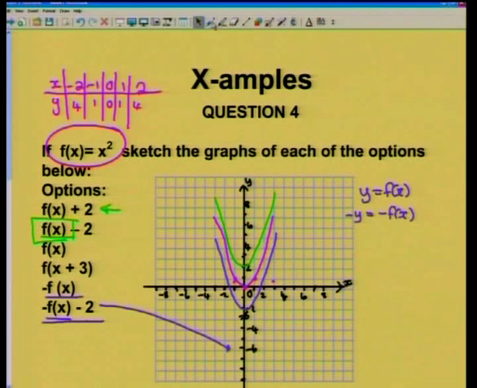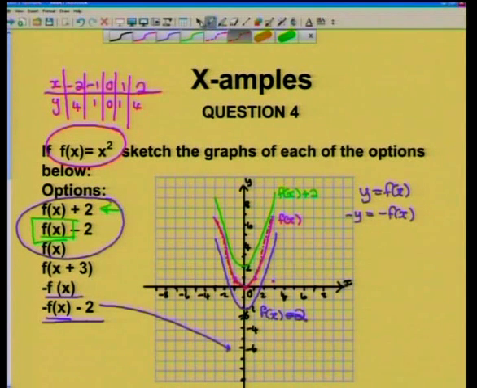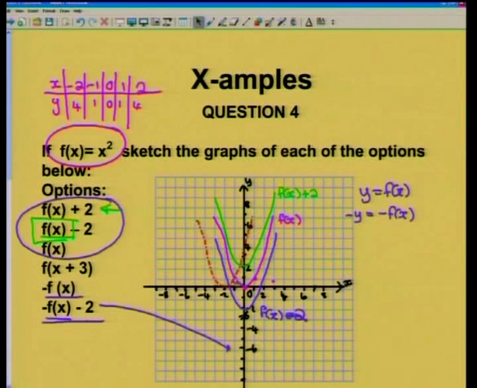So you can see there clearly, we can write on here the various equations. We can say this one was the f of x. The green one was f of x plus 2. And this purple one is f of x minus 2. So it's shifted down 2 units. Right, so we've now catered for these 3 graphs. We talked about this one next, which basically involved us taking this graph, and I'm going to highlight it in this orange highlighter here. And it involved us taking this graph and shifting it 3 units this way. So over there, you can see that's shifted to the left 3 units, and that's that little orange